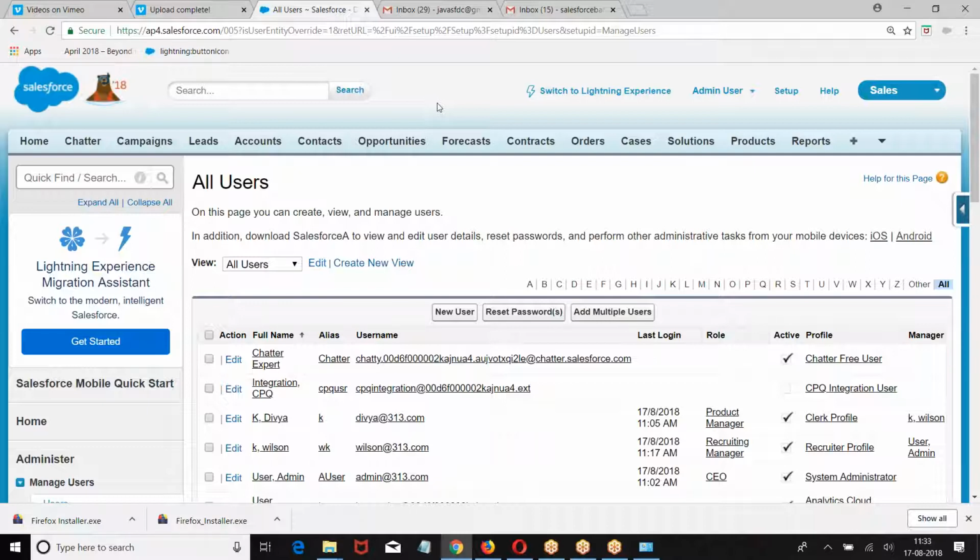I am submitting the record to 10 people in a single step, which is called parallel approval process. If you submit the record to more than one approver in a single step, we call it parallel approval process. There are two types of parallel approval process.